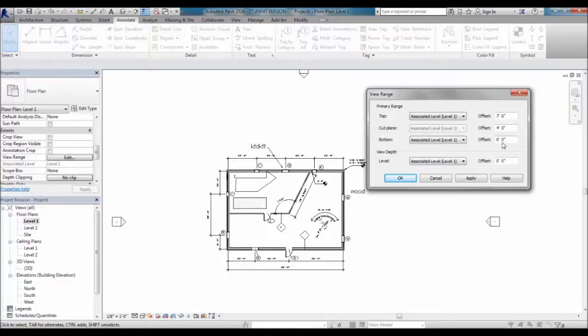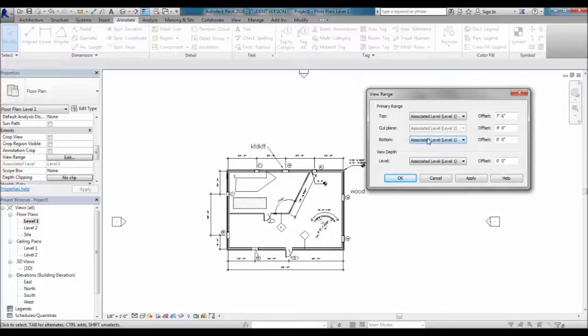And the bottom is basically how far down you can see. Now, you'll notice you have bottom and then you have the view depth here. If you think of them as the same exact thing, you're going to want them to be the same. The difference between them is that you have these top three, the top, cut, and bottom as your primary range, and then you have your view depth. Everything in your primary range shows up with the line weights and line thicknesses that you have specified. If anything's caught between the bottom and the view depth, let's say your second floor plan, and you have a balcony and it shows down to below what's on the first floor,